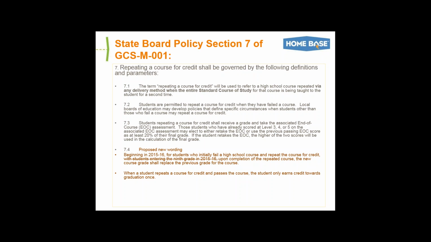In a block school, is it expected that we run this report at the end of semester 1 and notify those students? In other words, notifying them that they have the ability to repeat the course. I would think you would want to notify them, but how this is publicized to the public,